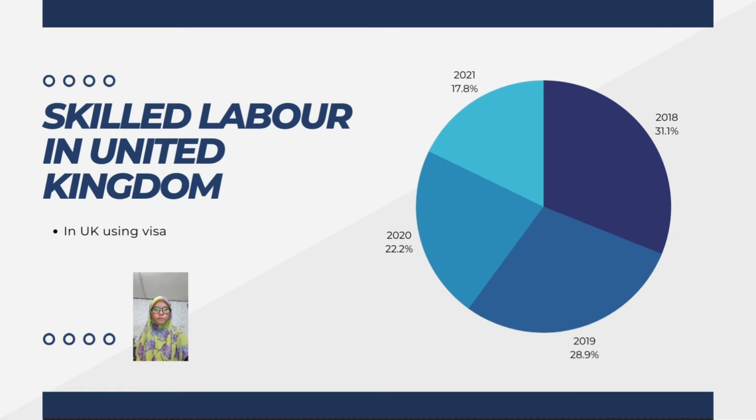For United Kingdom, they use a visa. In 2018, skilled labor was 31.1% and it decreased in 2019, 2020 and 2021, to 28.9%, 22.2% and 17.8%. So I think Australia is good because a more qualified employee is good, because skilled workers have the skill and expertise to deliver a job well done and keep your customer satisfied,